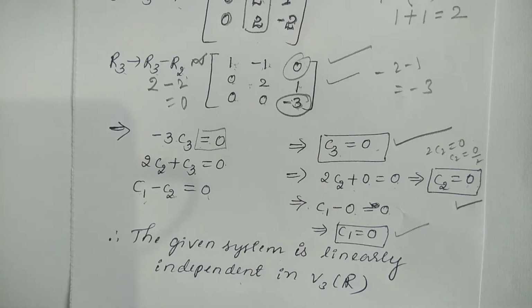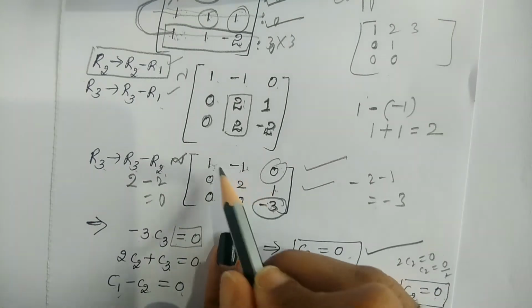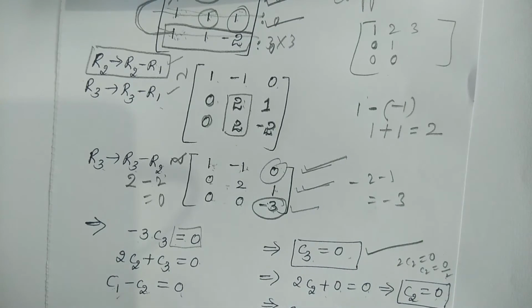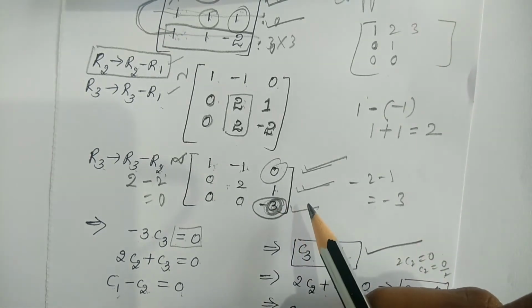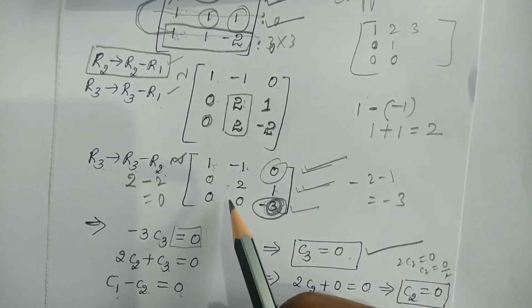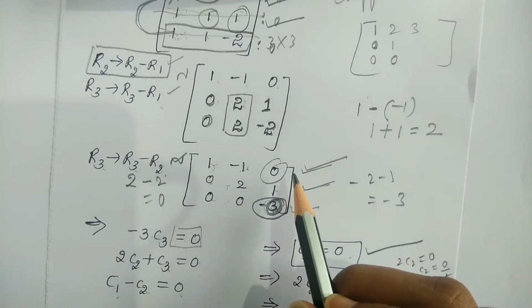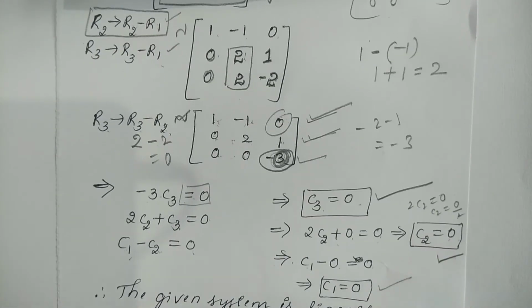Okay. So in V3 of R, you can also conclude by using this. Here, this one is a non-zero row, this one is a non-zero row, and this one is also a non-zero row. All the rows are non-zero, therefore we conclude that it is linearly independent. If one of these rows were 0, just imagine, then we would have one 0 row, and therefore this set of vectors would be linearly dependent. So you can use that trick also. Therefore it is linearly independent.